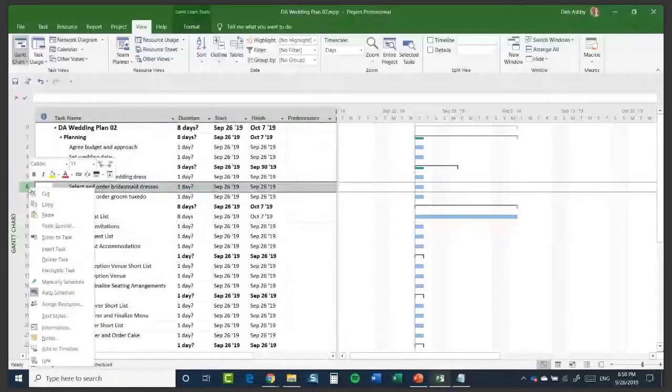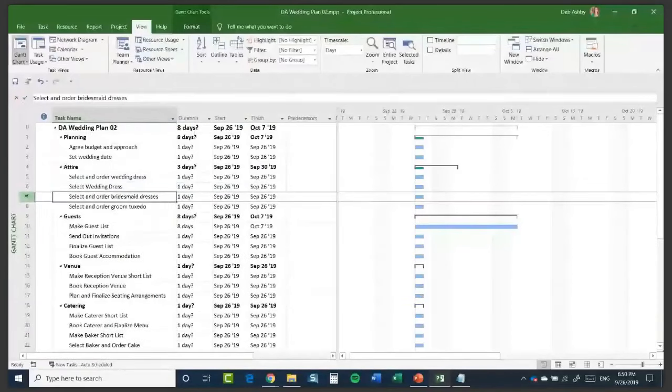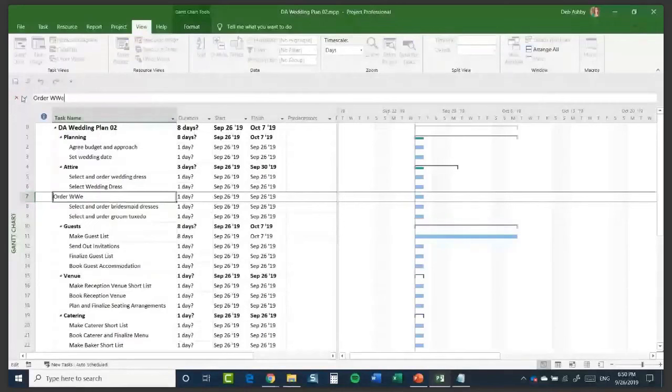I'm going to hit enter. I'm going to add another task, which is going to be order wedding dress. And then I'm going to have one more, which is going to say measurements